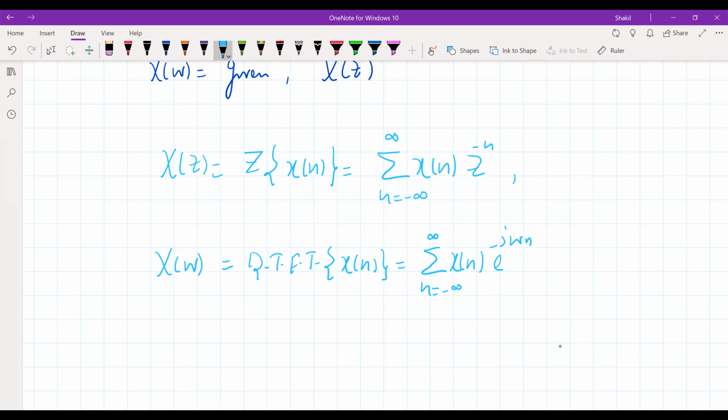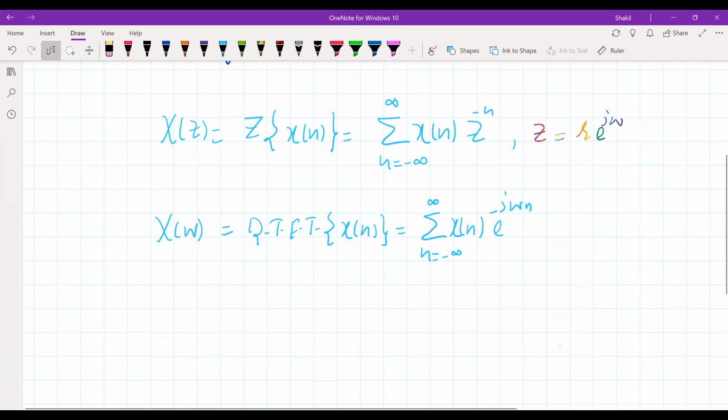Now we know z in the Z transform is given by r e to the power of j omega. So if we put it here, x of z will be